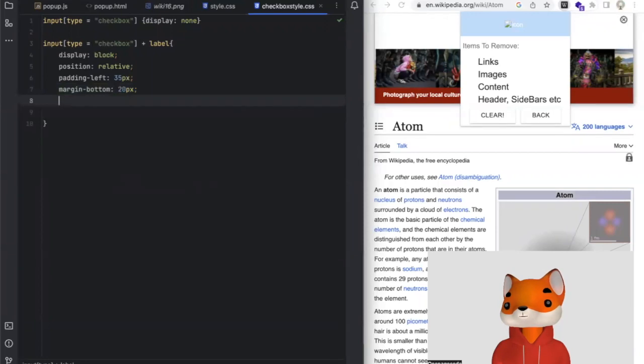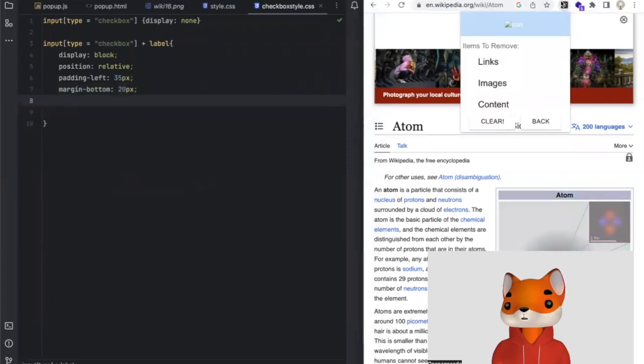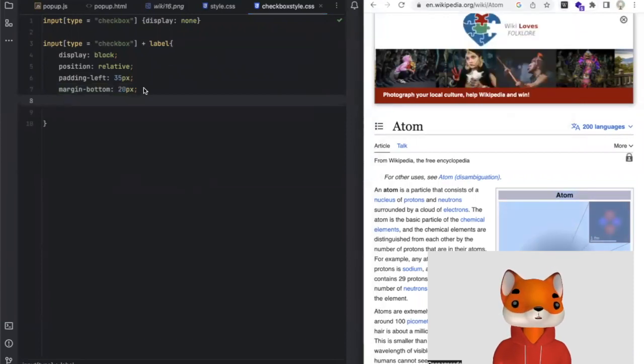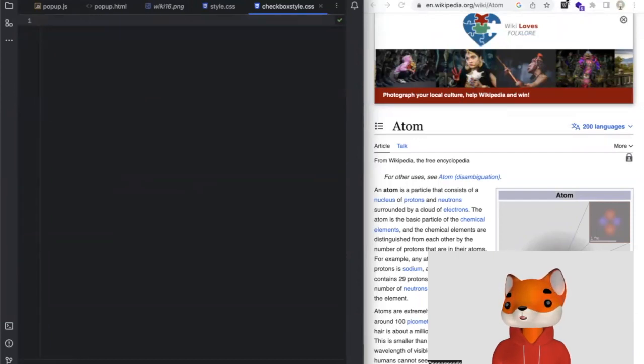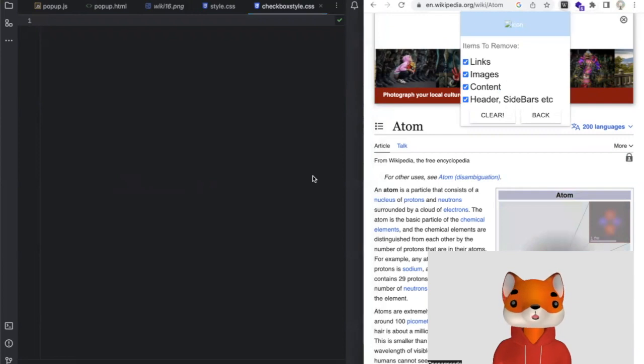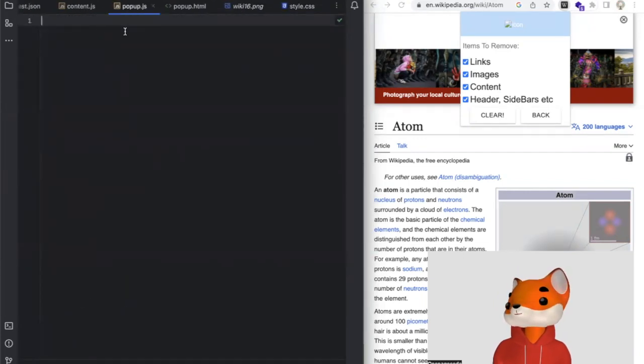So this is from the margin, it will be set at 20 px from the bottom, which is, you know what, it is looking nicer. So I might remove all of this and just save it like that and leave it right here. We don't need to complete this thing. Yeah. We can start working on a popup.js,